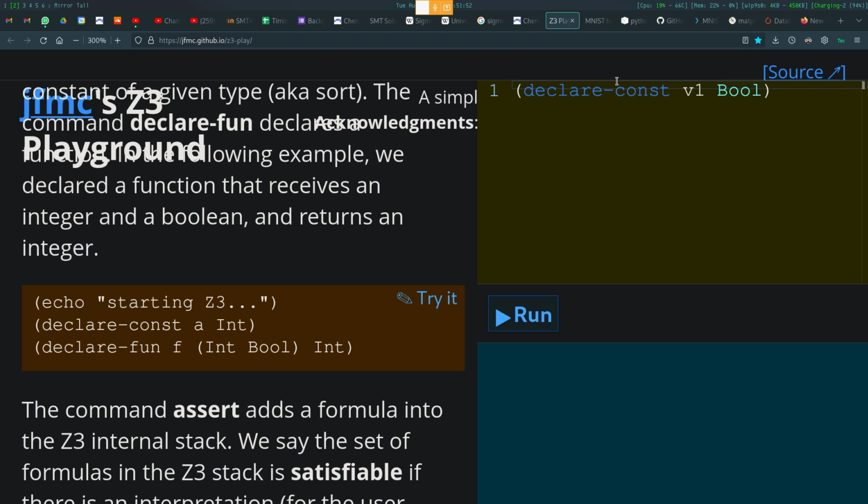So what a sort essentially does is give you the set of values that this particular variable can take. It fixes the possible values that this variable can take into some possibly infinite set. Things like integers can take infinitely many possible values. And it's also going to fix what operations are allowed on this, right? So in that sense, it's very close to a type, but they're also technically different in the sense that there is no notion of combining sorts together,